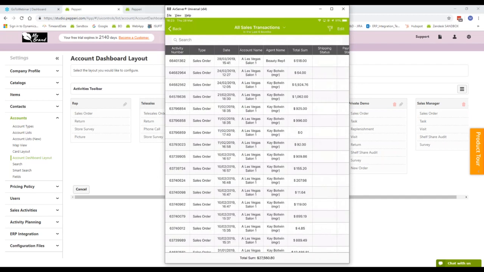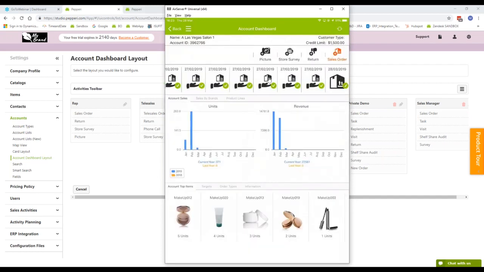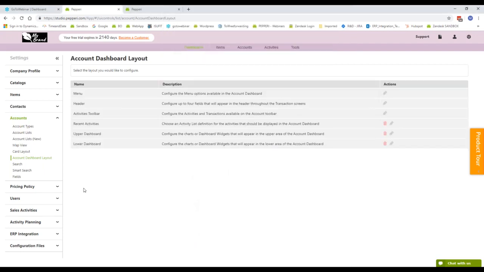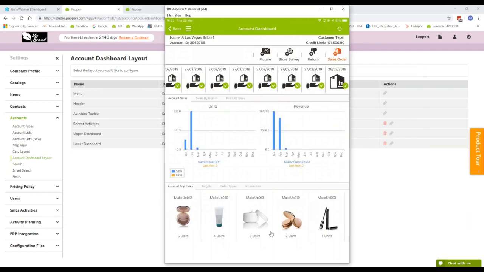Okay, so now let's go back. These two areas, this upper dashboard and lower dashboard area, show me some charts and graphs. I can configure them. I can add my own BI data to show me additional information here. That's a bit more advanced, but out of the box, what you get are these two charts of the units